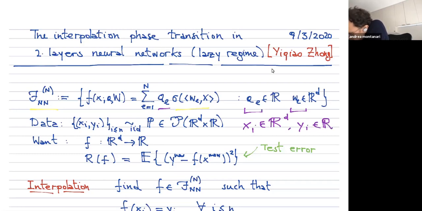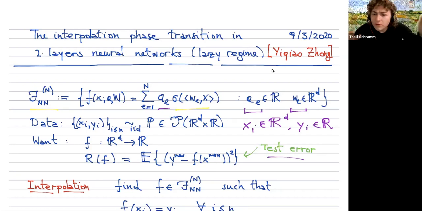Okay, and what we want to do is figure out a function f from R^d to R so as to minimize, or to make as small as possible, the test error. Okay, what is the test error? It is the expected mismatch between f of x and y on a new